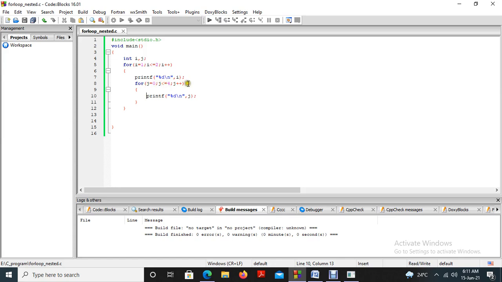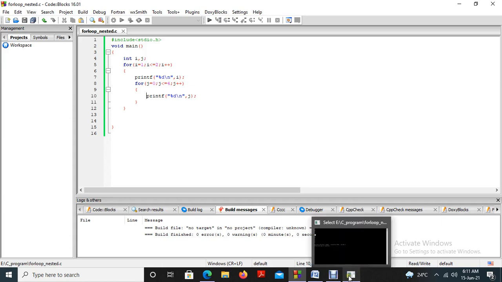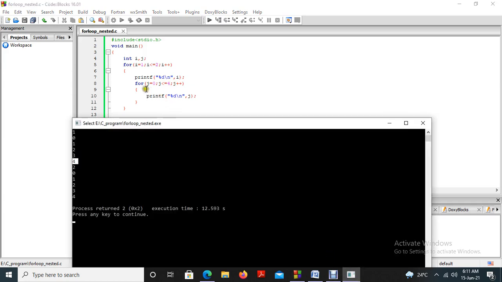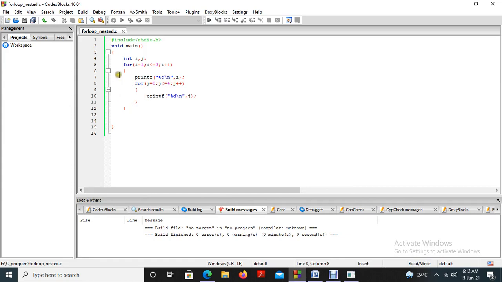This condition is false. So this inner for loop will not continue to execute further because the condition gets false. So j value equal to 5, that value is not printing also. So here, once this condition is false, it continues the remaining part of the outer for loop. So outer for loop I equal to 1, that is incremented by 1. So 2 less than or equal to 2, print 2.